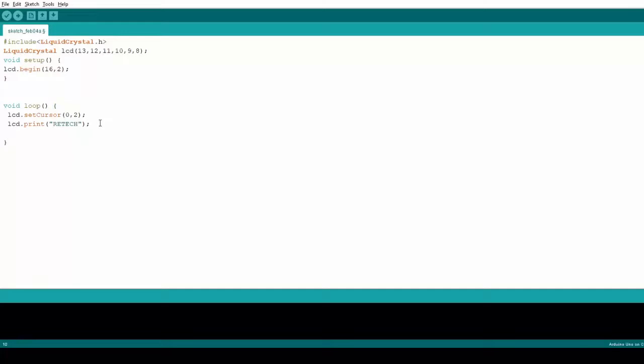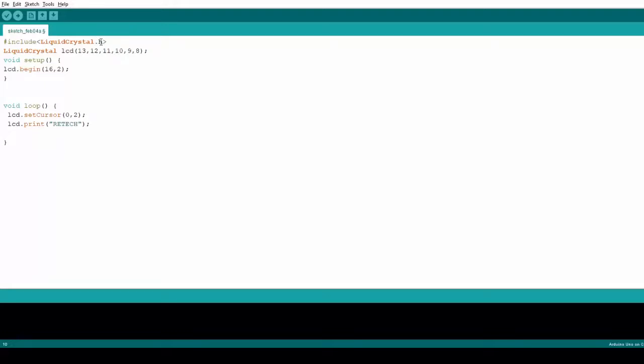Here we are going to compile, upload to our Arduino board, and run. It's a very simple program. First we include the library file, LiquidCrystal.h, a header file.